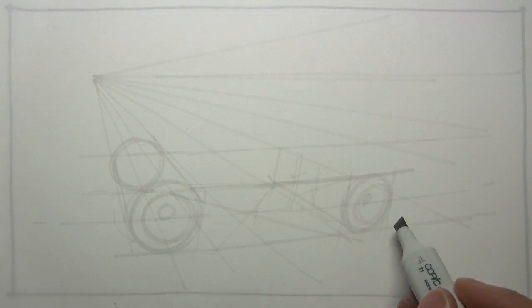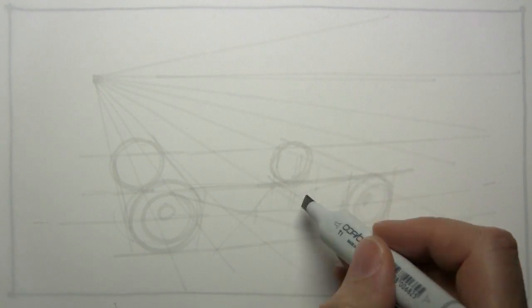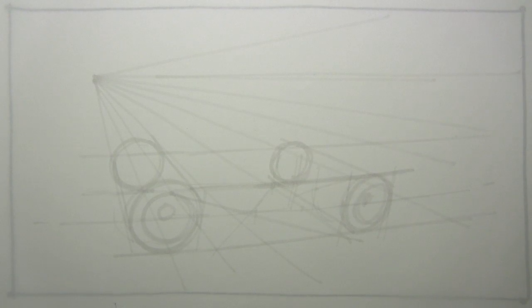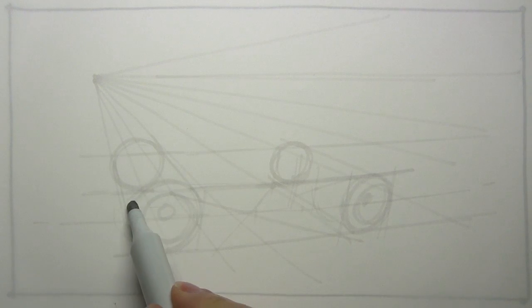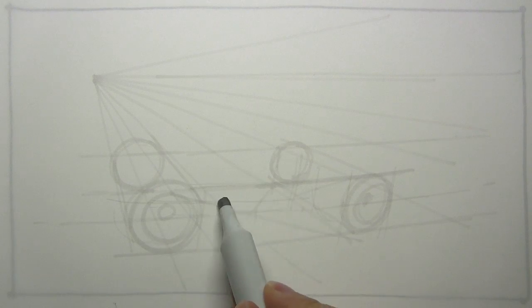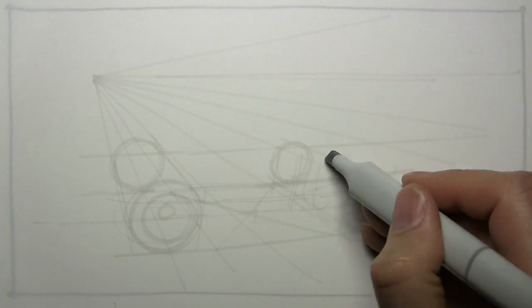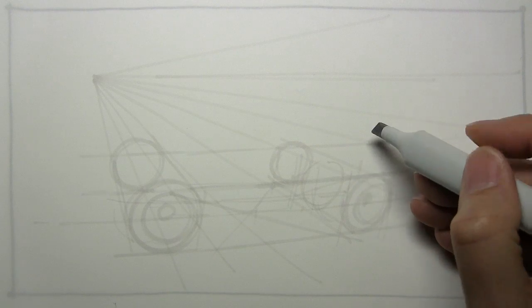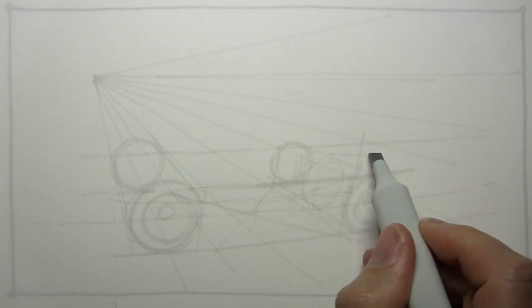So you see I started with the wheels. I established my wheel base first, the rear wheel. I estimated that, and then I multiplied, put 3 wheels in between, and then estimated the front wheel, and then I estimated 3 wheels wide across. So sort of imagine the ellipse flipped 90 degrees and then put it across to the other side, and then I've actually found the center, drawing an X,